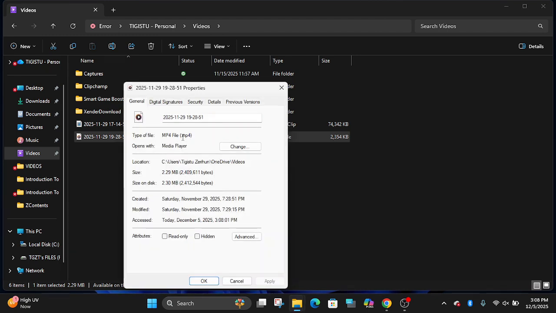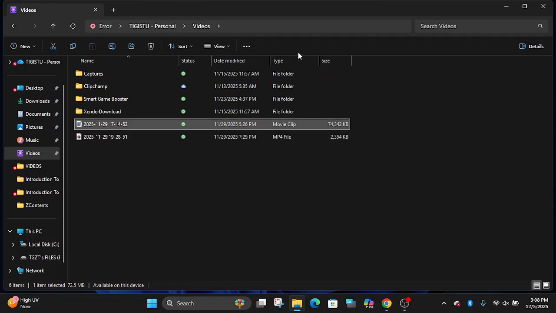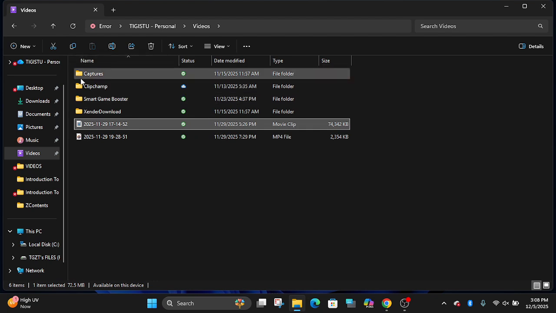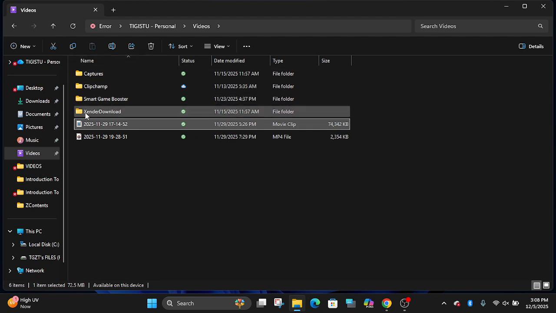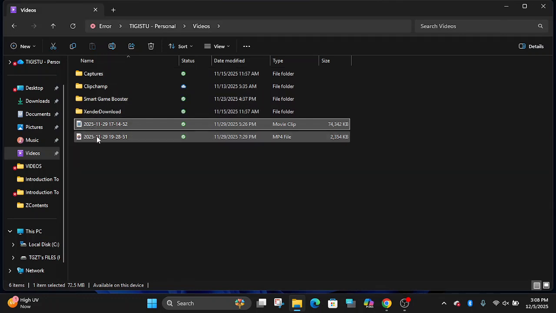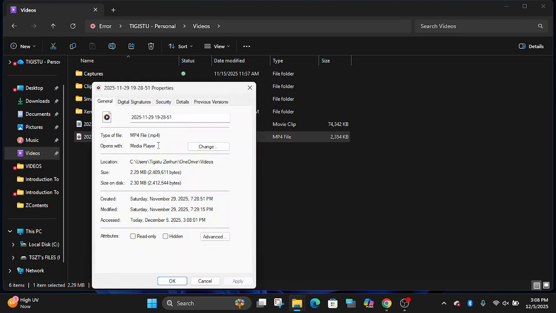Here, MP4. Have you seen that the icons are different? Even though they are both video based files, based on the file type, the extension, the icon also differs. Every folder has its own yellow icon. Folders have names also, but they have no extension name. In the case of files, they have extension names. The extension name can be displayed by using right click, then properties. Here, type of file, for instance, .mp4, it says.